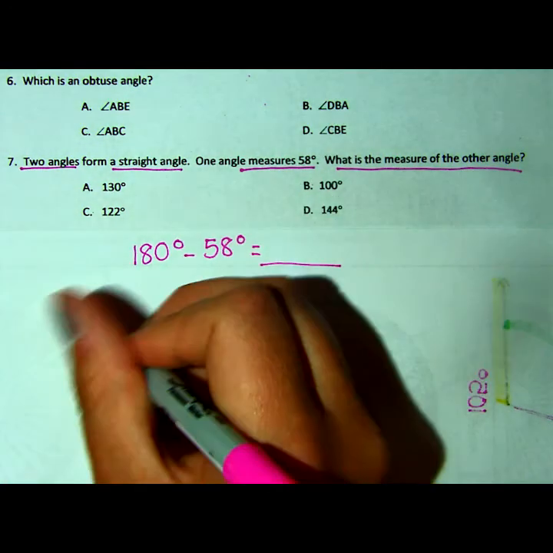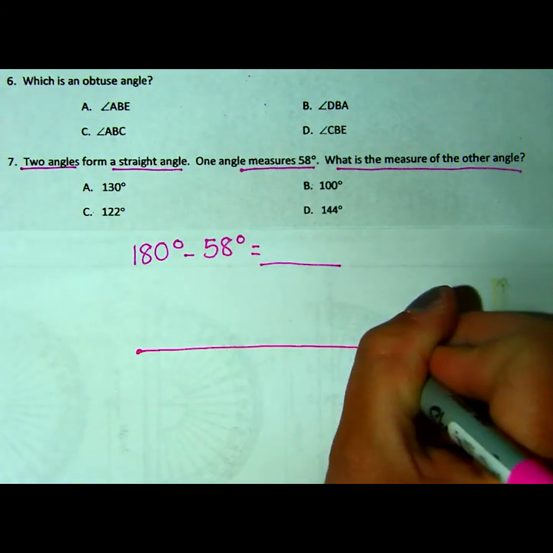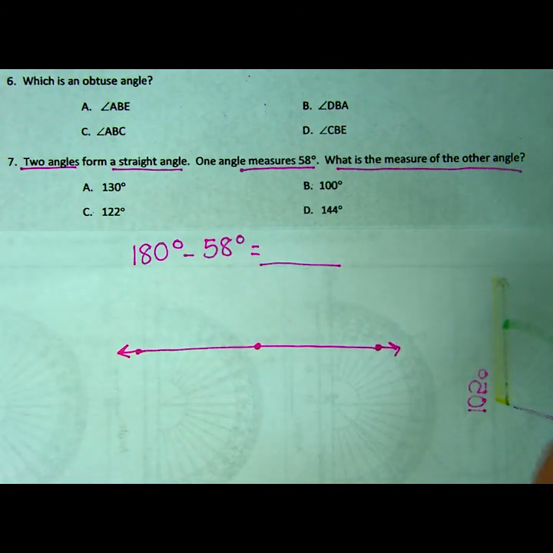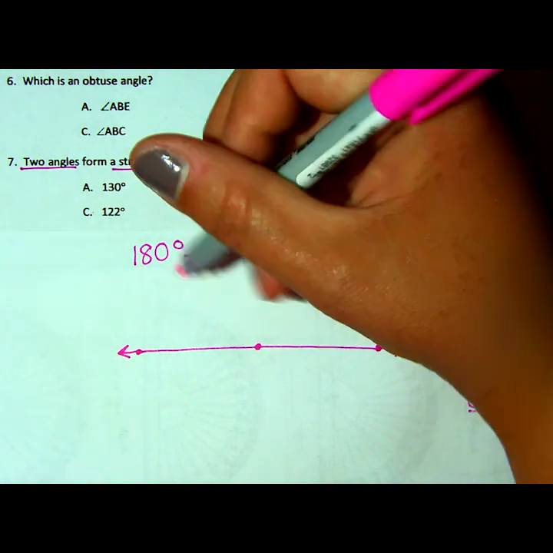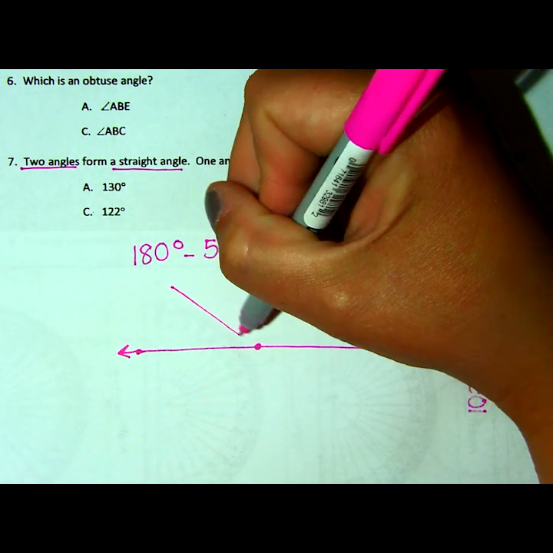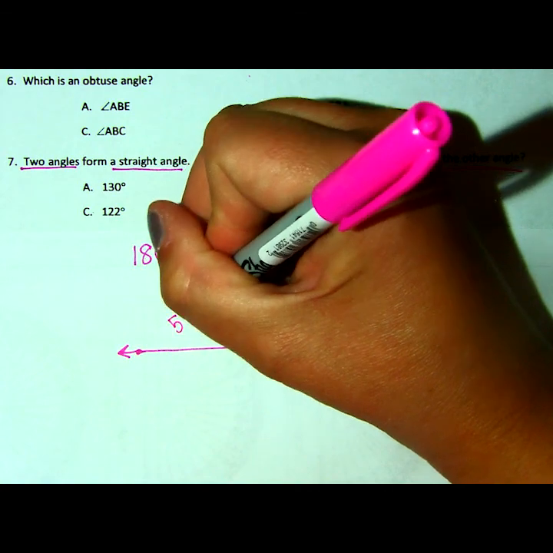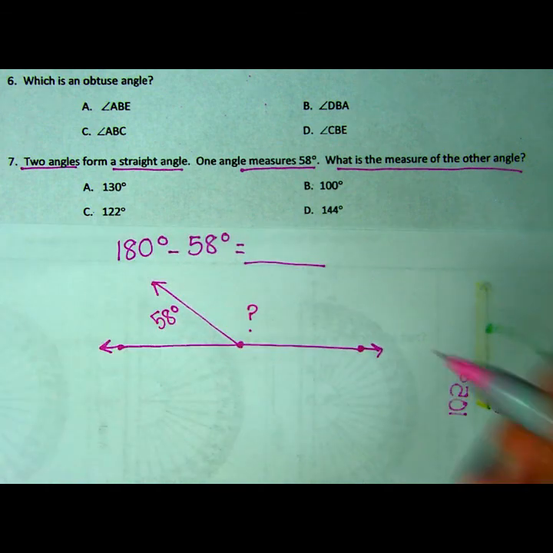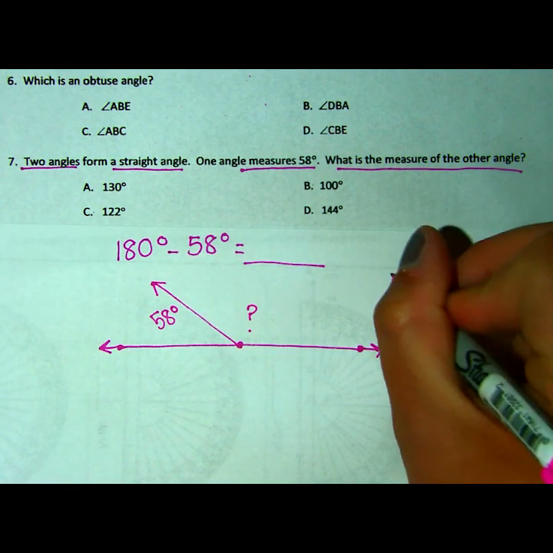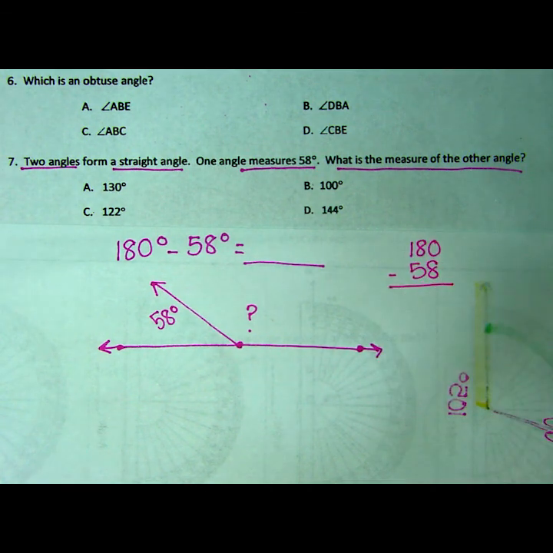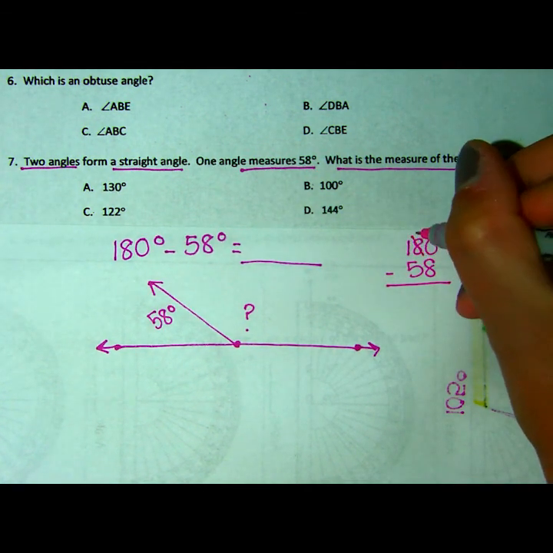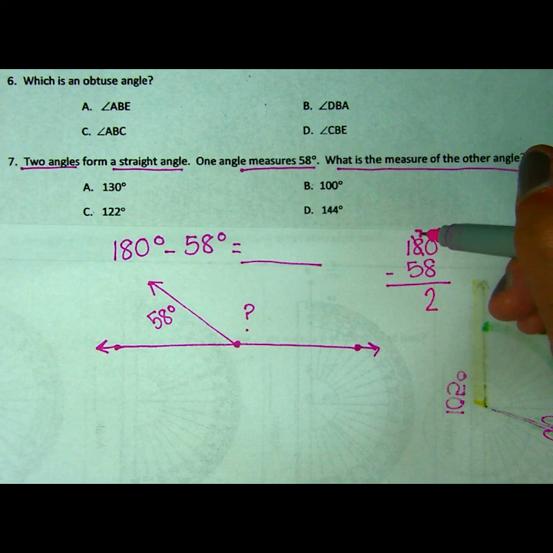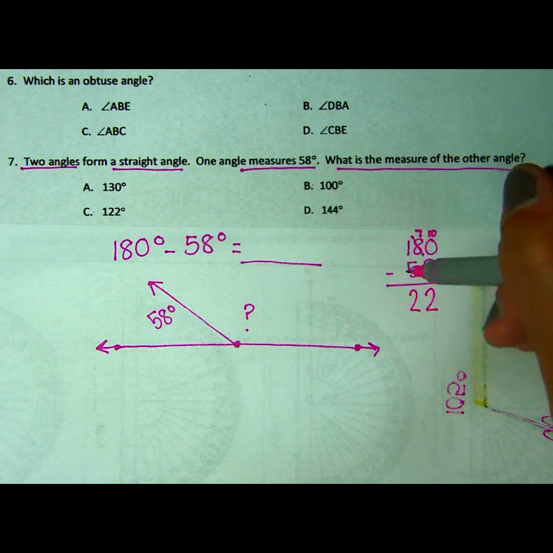Some of you might like to draw a picture. We know that this would represent our straight angle of 180, and 58 is quite a bit less than 90. So I'm going to say that this angle measure is 58 right here. And what they're looking for is the angle measure of this angle. So let's take our 180 and do some subtraction. Let's take away that 58. I cannot take 8 away from 10, so I'm going to borrow. And now 7 in the 10's place, 10 in my 1's place. 10 minus 8 is 2, and 7 minus 5 is 2. 1, bring it down,